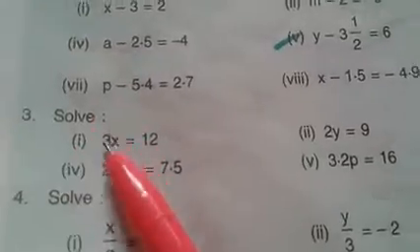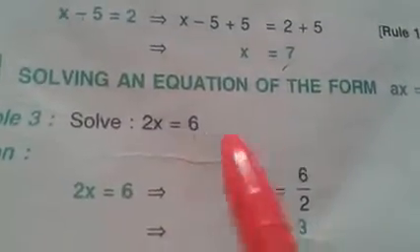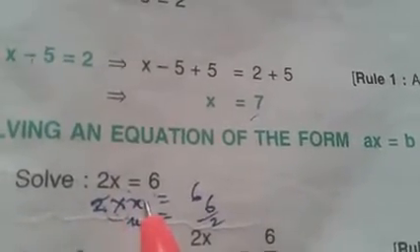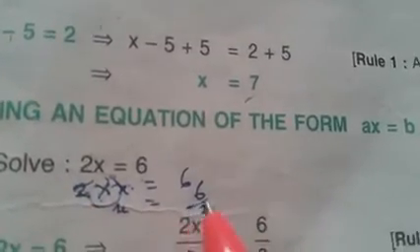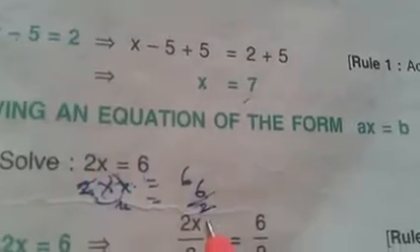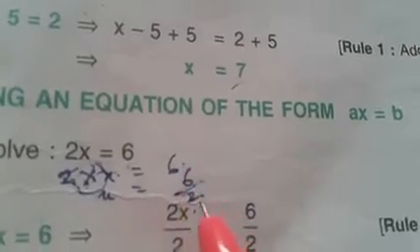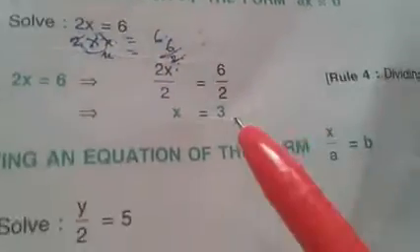Now the third one is multiplication. Now how to solve this? 3x is equal to 12. So taking the same kind of question, 2x is equal to 6. 2x means 2 multiplied by x. So x is equal to 6 upon 2. Why? Since these two are related to each other with multiplication, when I transpose this 2 to RHS, it goes to divided by 2. It becomes division. Like plus becomes minus and minus becomes plus, multiplication becomes division. So 6 upon 2 will give you 3. Okay, the answer will be 3.